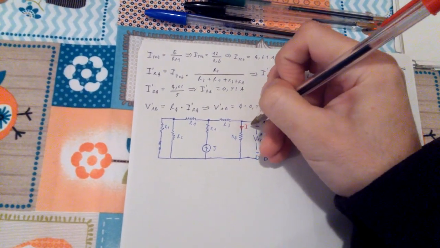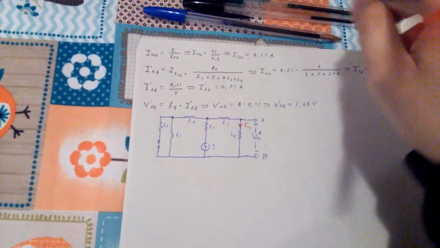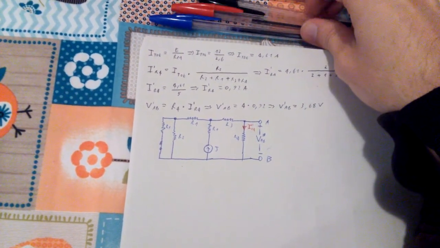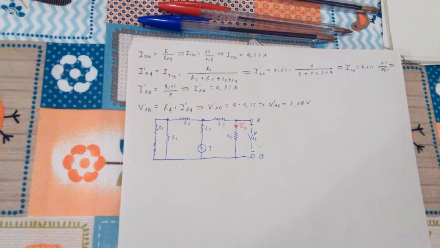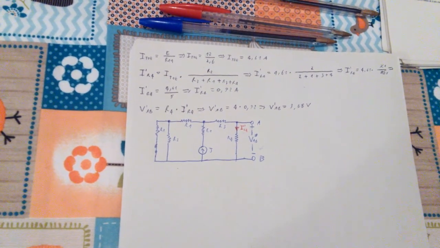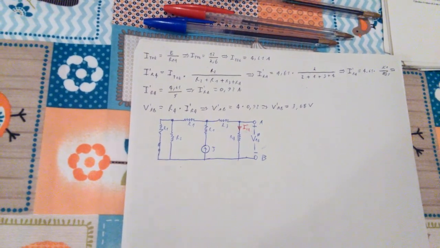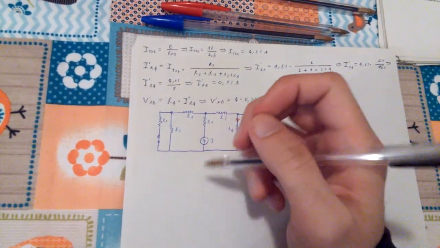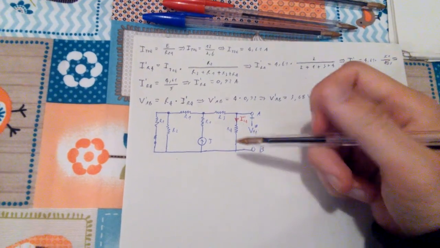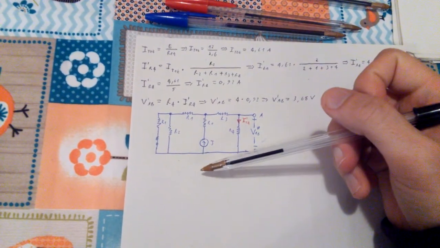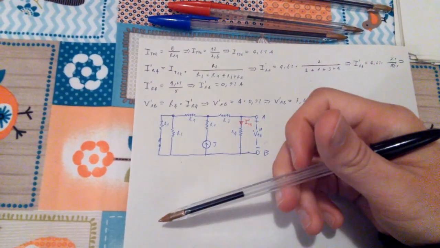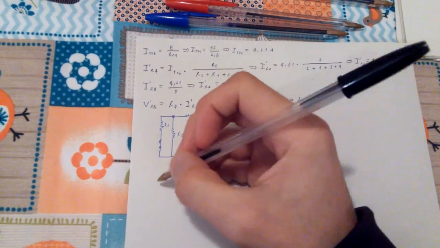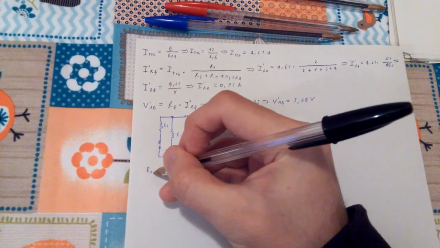Now it's gonna be I second R4. Okay, so again, I'm gonna say that we're basically gonna have two resistances, R left and R right. And I'm gonna call them R left,